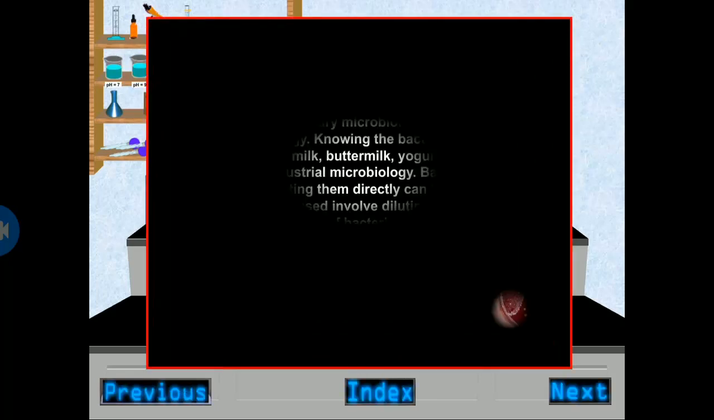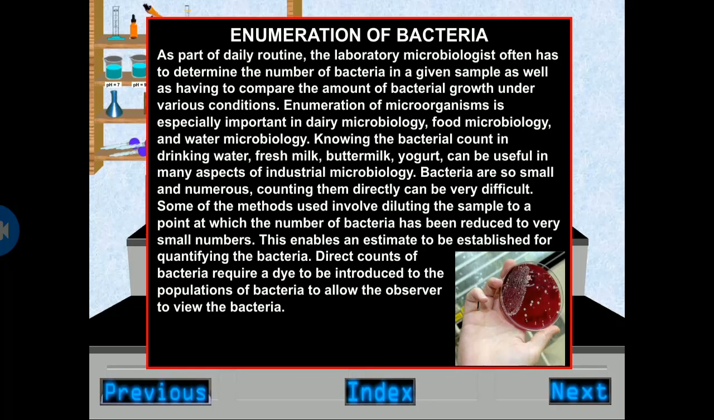discussion. So enumeration of bacteria is a part of daily routine as laboratory microbiologists often have to determine the number of bacteria in a given sample, as well as compare the amount of bacterial growth under various conditions. Enumeration of microorganisms is of special importance in dairy microbiology, food microbiology and water microbiology. Knowing the bacteria count in drinking water, fresh milk, buttermilk and yogurt can be useful in many aspects of industrial